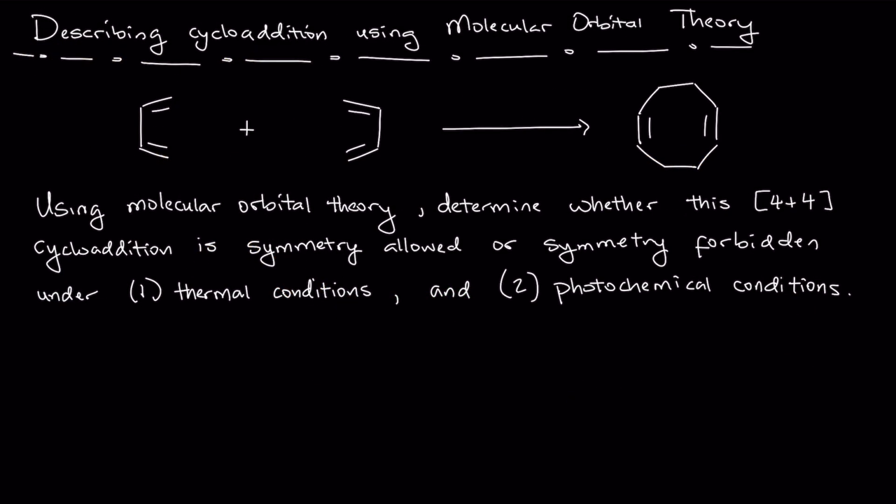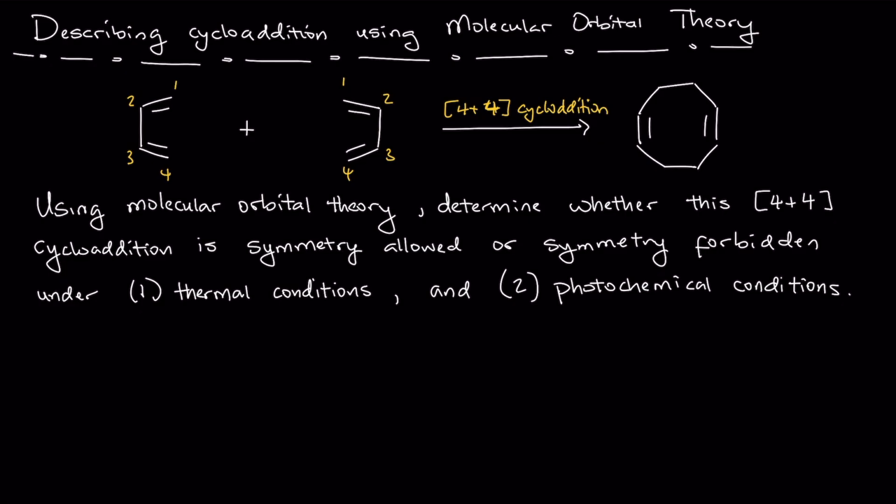And in fact, what I want you all to think through on your own or in groups before coming to class is, does this reaction, so this is now a 4 plus 4 cycloaddition, is this reaction